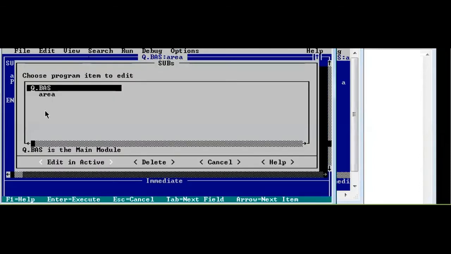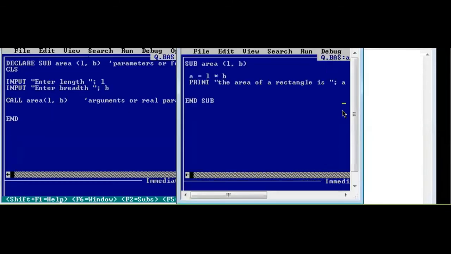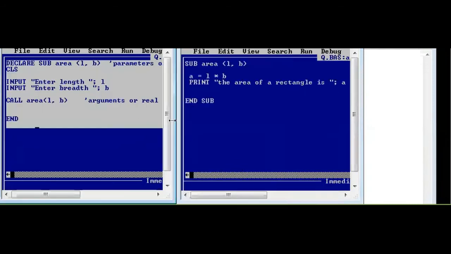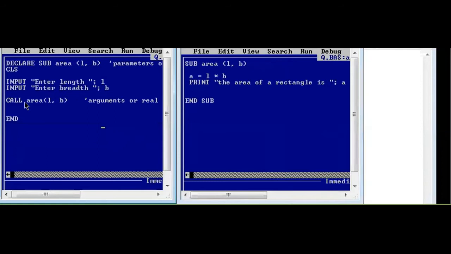Now the first thing that we have to remember is how our program runs. Whenever we write a modular program and we run it, our program always starts from the main module. And this is our main module over here. Let me make it a little bit smaller. So our program always starts with the main module, then it will be directed towards the various sub procedures or modules that we have made in our program.